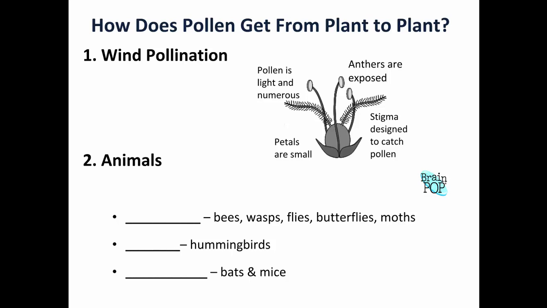The wind's always blowing, so it would need more. Because it's more random, it's more pollen. Yeah, because it's just kind of random, right? The wind's blowing this pollen, it's just going everywhere. So you need a lot of it to increase the likelihood that some of it will land on the female